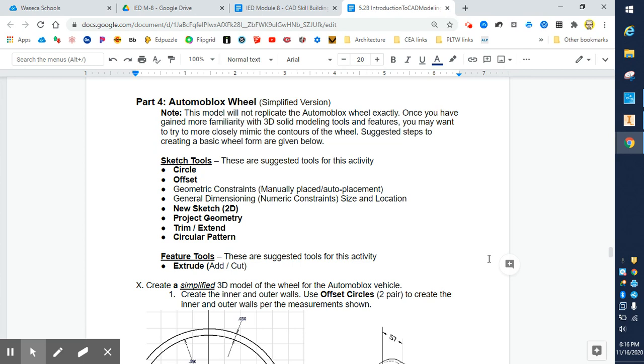And you'll see the breakdown for this in front of you. It's a simplified version of what's on the Automoblox, but it'll get you some basic ideas. The notes tell you the model will not replicate the Automoblox wheel exactly, but once you've gained more familiarity with 3D modeling tools and features, you may want to more closely mimic the contours of the wheel. So we'll get some basics here using the circle tool, perhaps the offset tool, geometric constraints,